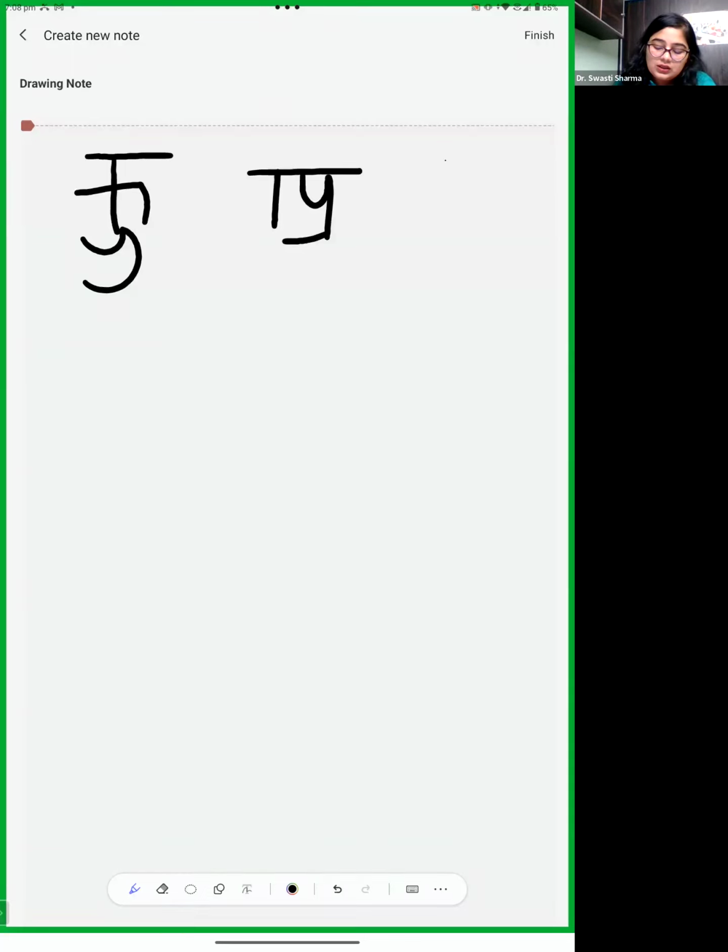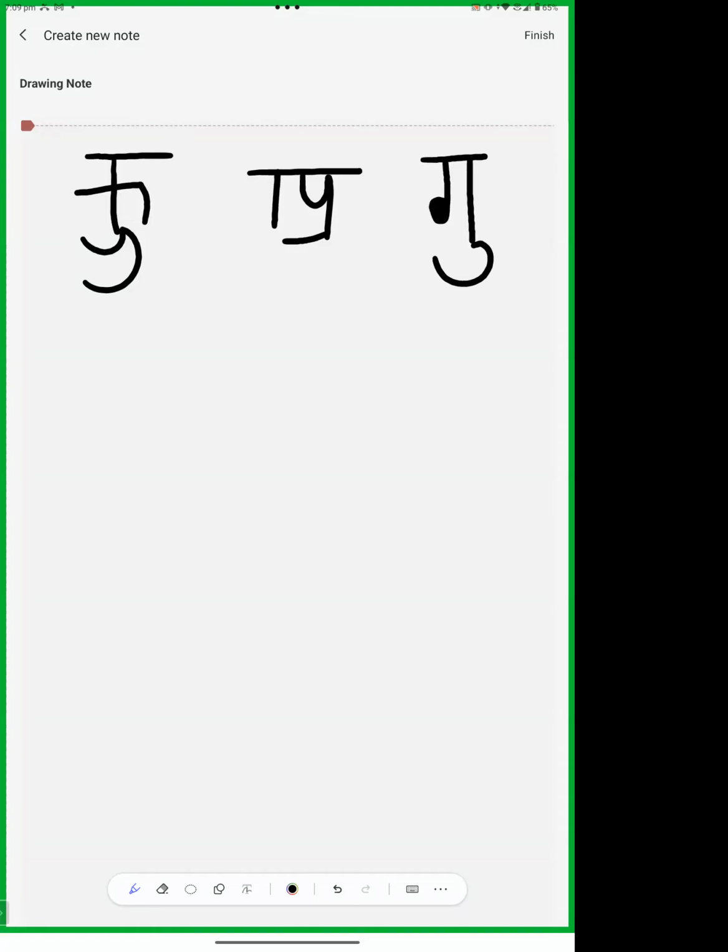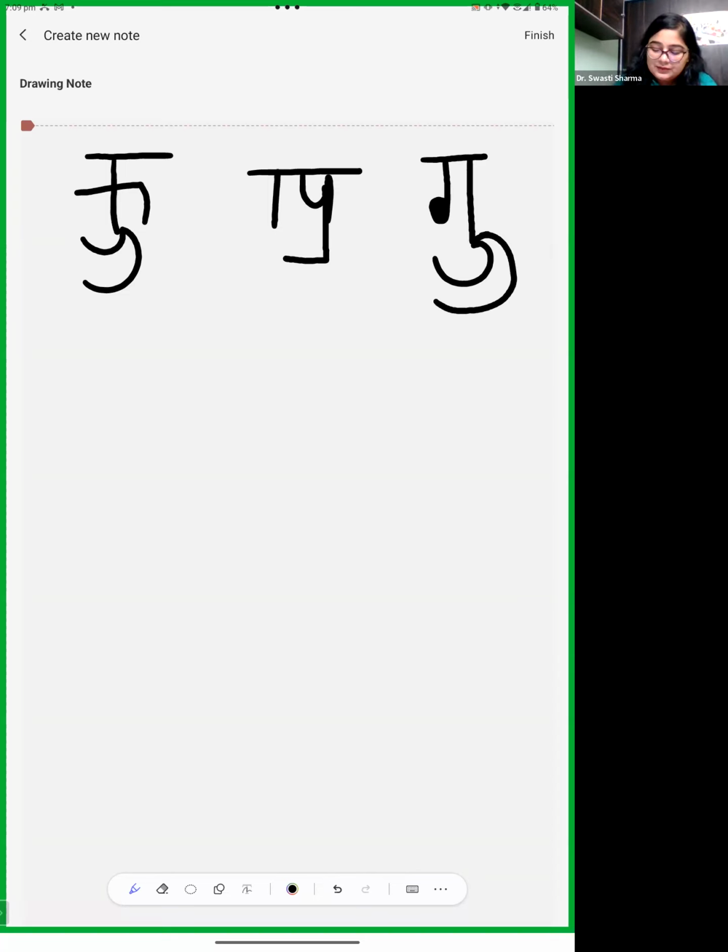Then the G. There are Matras like this. Okay, so ma'am, are we going to slant the line or just a straight line? It will be straight. Okay, there is some confusion. I'm making it again. So like this. In Kha, it is simple. But in Ga, yesterday we saw there was a different matra. So in Ga, we will find this type of matra.